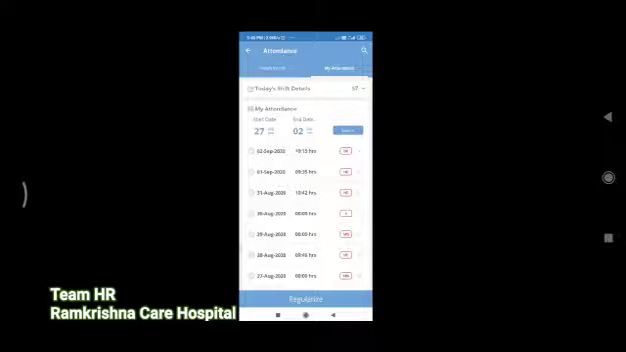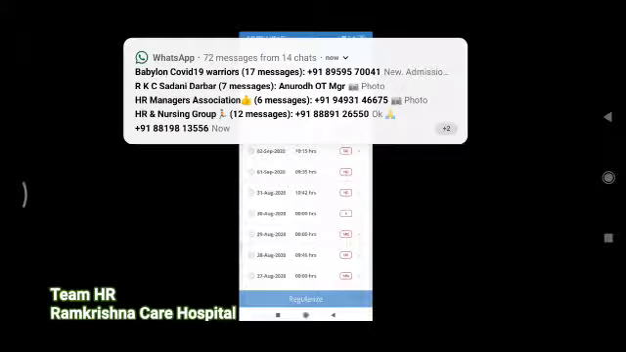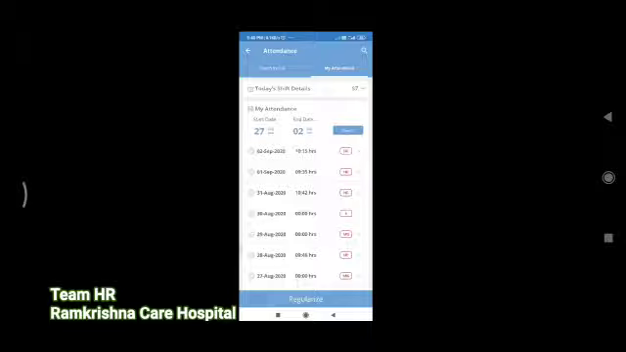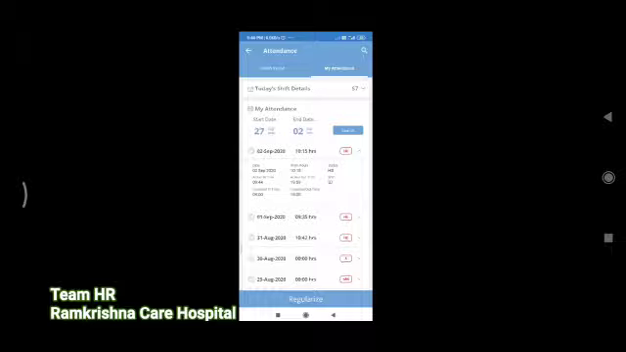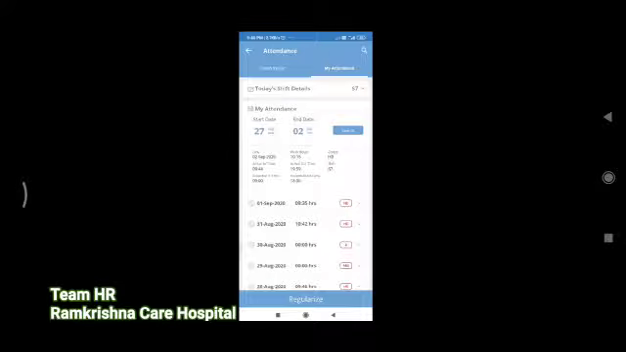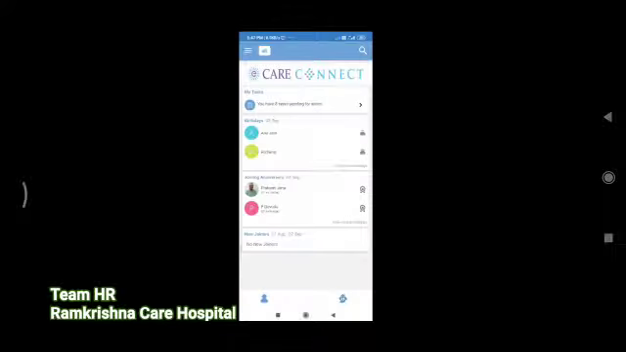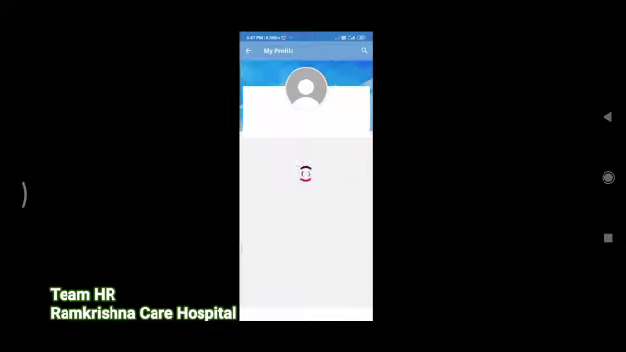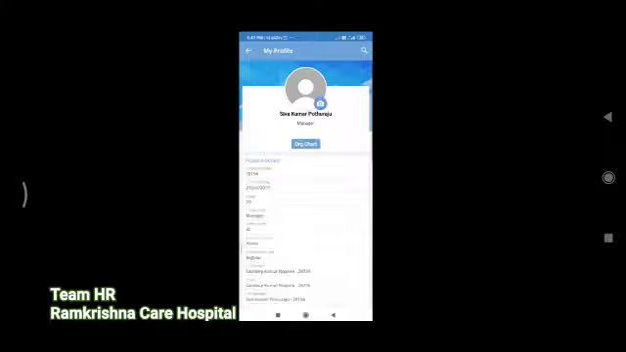If you click on my attendance, we can see the entire month's attendance. We can see in time and out time. If you click on the red color column, you can see in time, out time, date, time, and everything. So this is how we can see the attendance. If we see that any absent is there, we need to regularize the attendance, as I've shown in the earlier